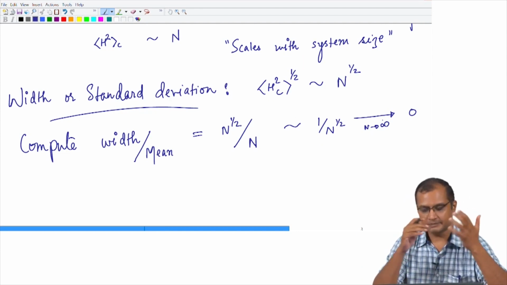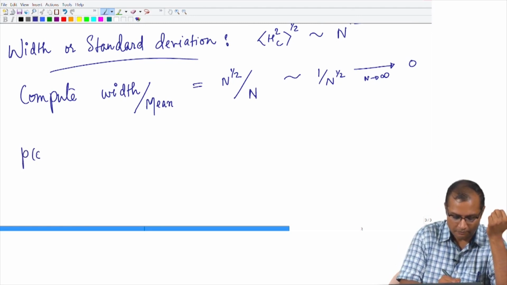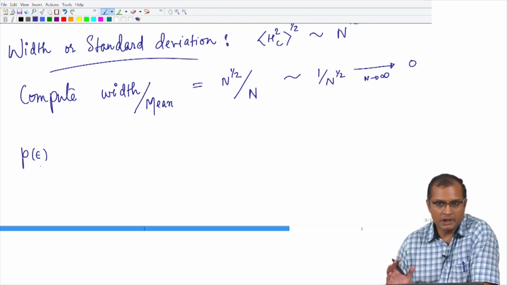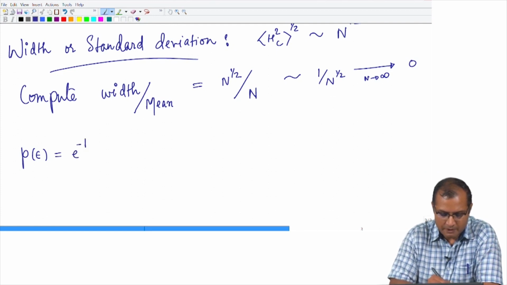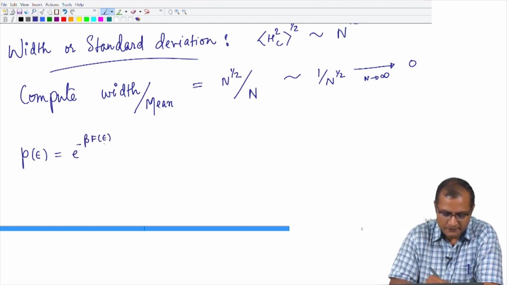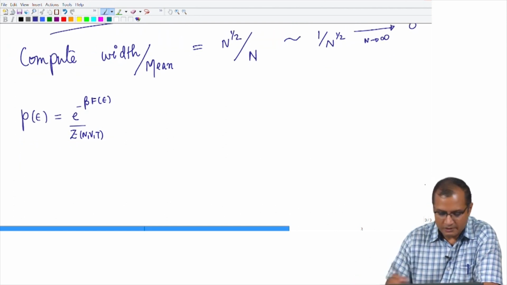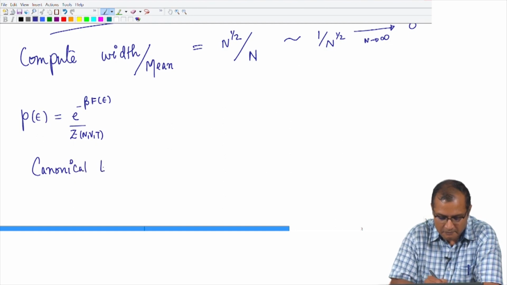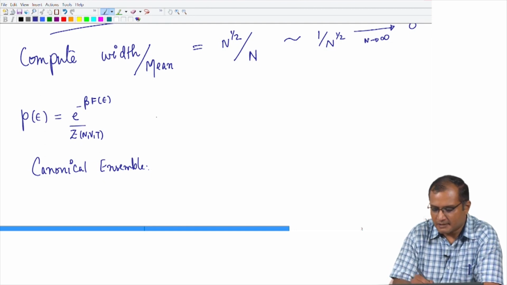So, which means that my energy distribution, the energy of a canonical system in thermal equilibrium with a heat bath, which was shown to be e to the power minus beta E over the canonical partition function. So, this is what I know from the canonical ensemble. In the large N limit